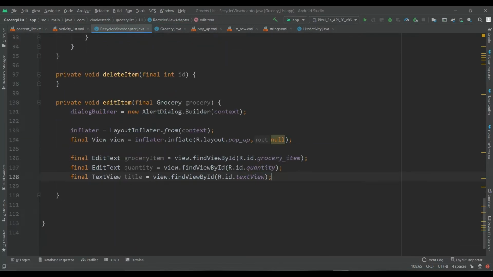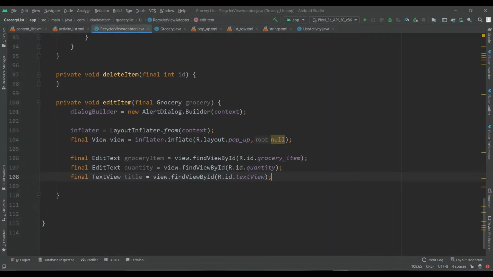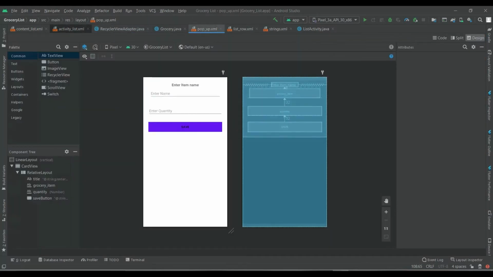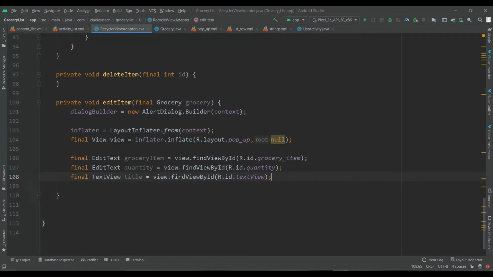Okay, so basically, on the click of this edit button, with the help of this layout inflater, we will pop up this layout inside this list activity and we will show this edit text and text view.